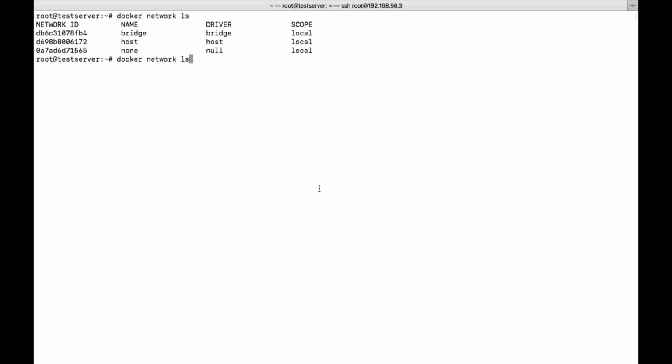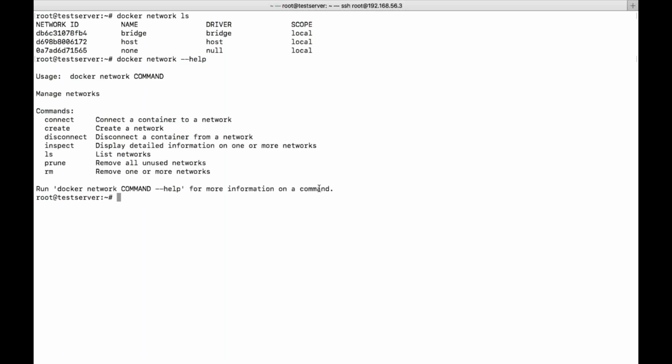Now, from your side, your task is nothing but I will give you a question. Create a container with none network and later attach a network to the same container in running state.